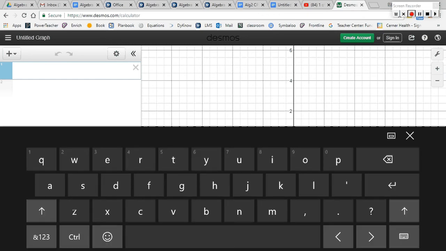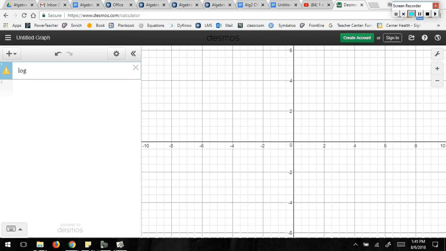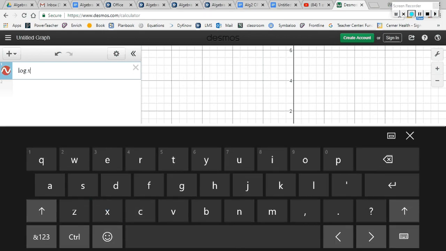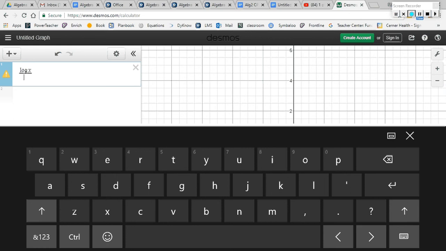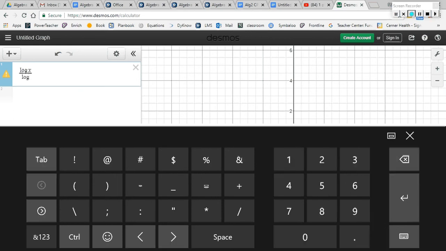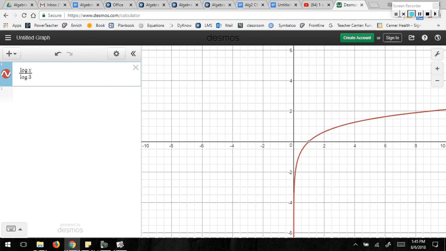So we'll do that same log x divided by log 3. And here, if you look, and this is a nice site because you can kind of click on the